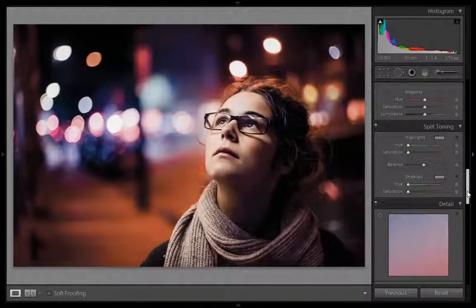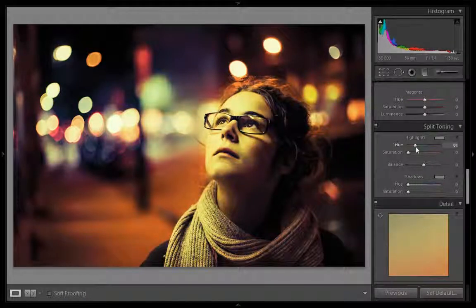And the final step is that I want that split toning for a cinematic, Hollywood style look. I will tell you a very easy method for this. You just simply press the Alt key on the keyboard and move the slider to the desired color you want, and later you can set the saturation of this color.